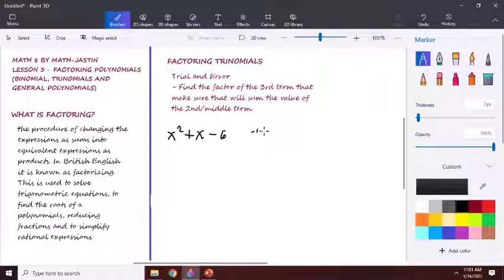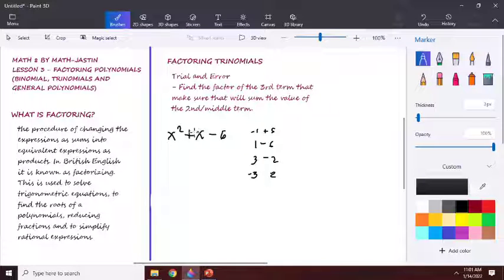So, we have negative 1 times positive 6. Ano pa? So, we have 1 and negative 6. And we have 3 and negative 2. And we have negative 3 and 2. So, which of these 4 factors of negative 6 will sum